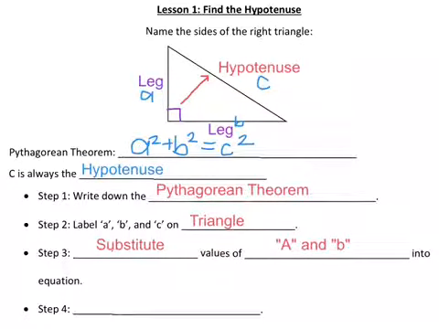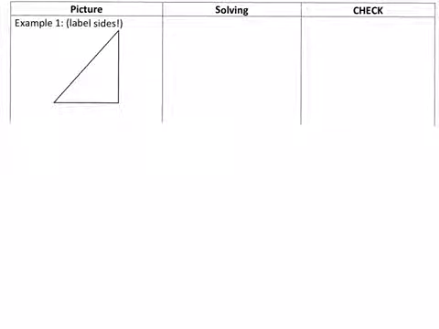Okay, and then step four is what we do with all equations. We're going to solve for the missing variable, and it's going to be c, because we just talked about it. The hypotenuse, which is what we're solving for, is always going to be c. All right, so make sure you write these steps in, and we're going to use these steps when we do our different examples, which we're going to start doing right now. So our first example is